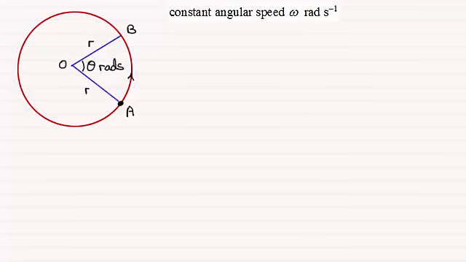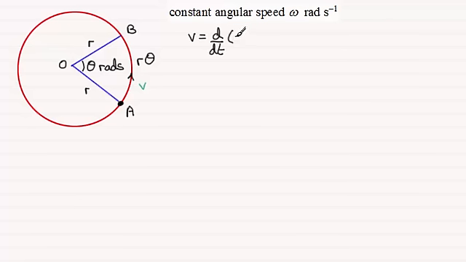Now, if we looked at the speed v as opposed to the angular speed omega that a particle moves at, let's say we've got it moving round this circle of radius r, where the angle AOB is theta radians. So if the particle moves along this arc at a speed v from A to B, then the distance it would travel would be that arc length, which we should know is r theta. Now, v is the rate of change of distance with respect to time. So, in other words, v is equal to the rate of change, d by dt, of the distance covered,